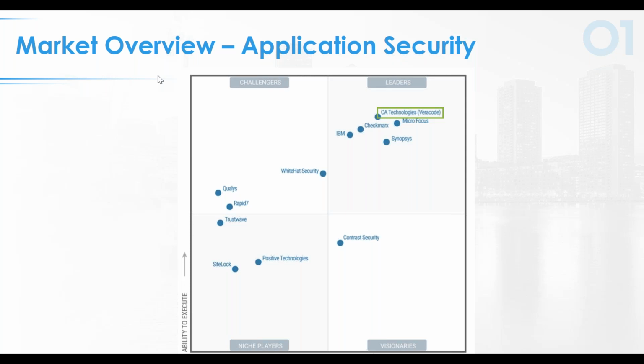And as you can see from the slide itself, CA Veracode is in the top right-hand quadrant, where from an AppSec perspective you'd expect the key vendors to be. And we've been positioned in this quadrant of the market for a number of years. And again, as we move forward,